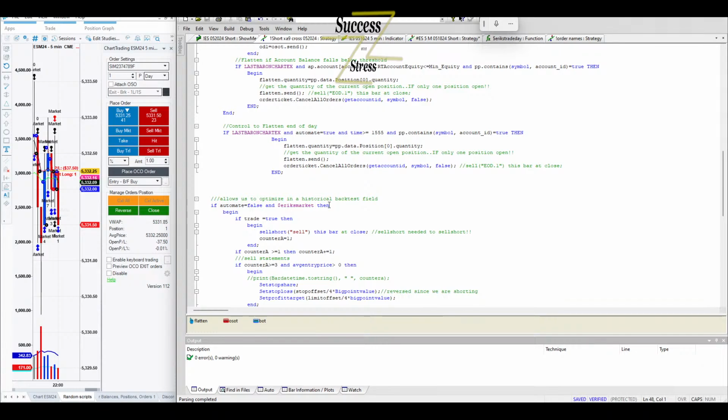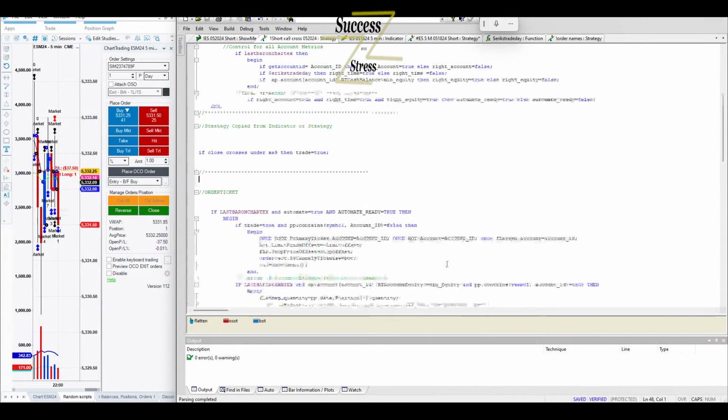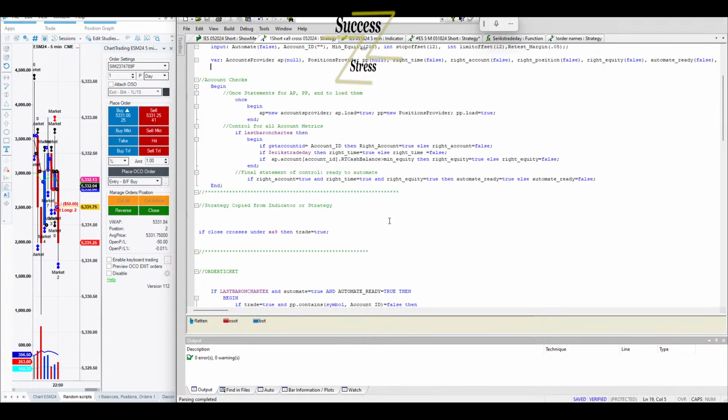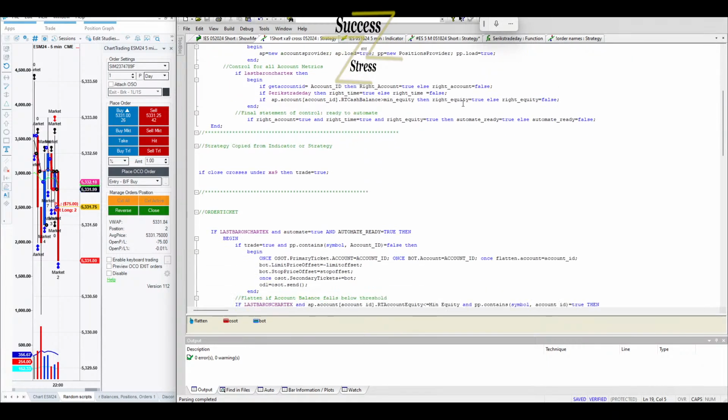Well, somehow I've got to figure out what get account ID is improperly being pulled up. So get the input account ID. Tell you what, I'm just gonna make that base.